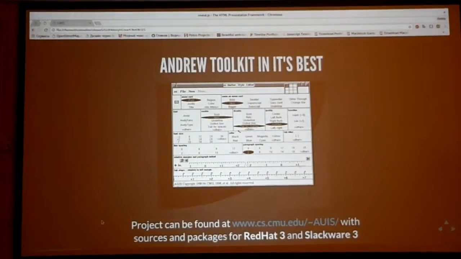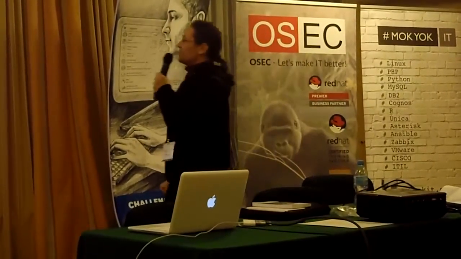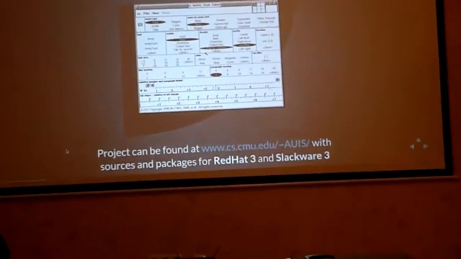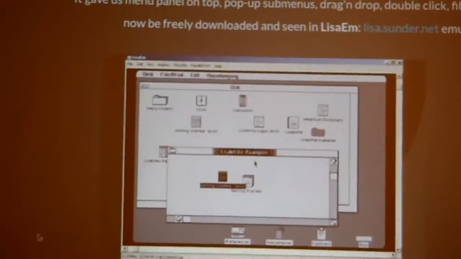If you look at the widgets, you can notice that the developers were not designers but more mathematicians. You see a lot of ellipses. These ellipses are checkboxes. No one tried to draw anything visually attractive at that time. Here it is.